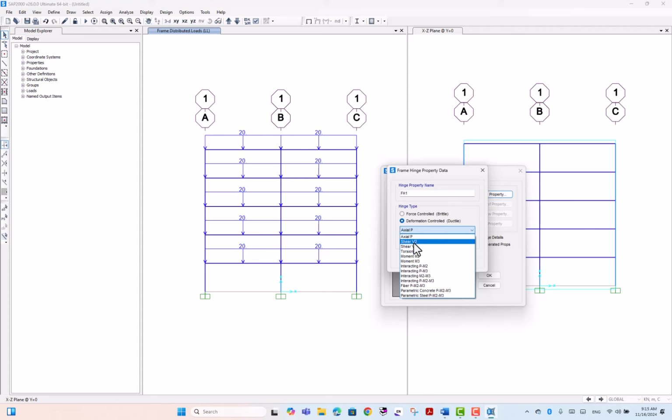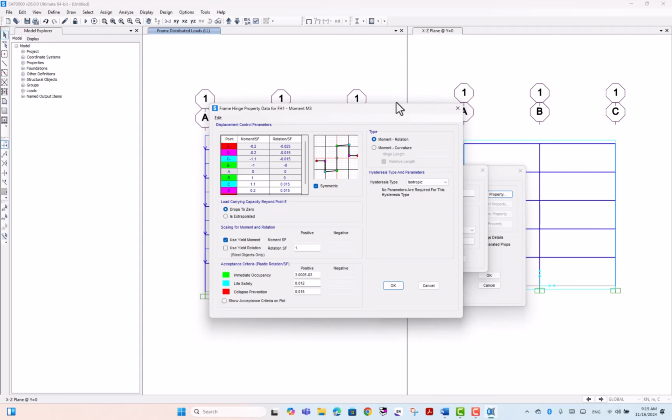So we will use moments, major moments in moment 3. Additionally, in some columns there will be some axial force and also moment. So you can use PM2, PM3, and also we have fiber elements here, so we can consider the fiber. But the simplest way is this one, which indicates